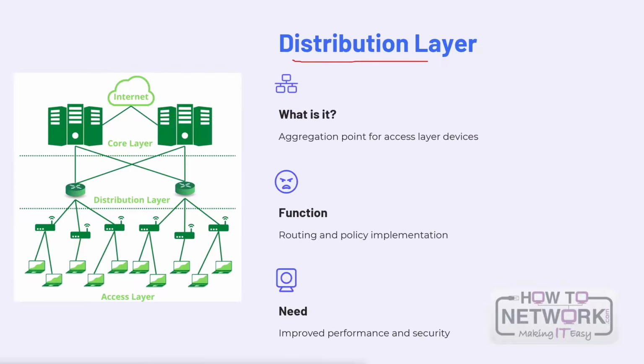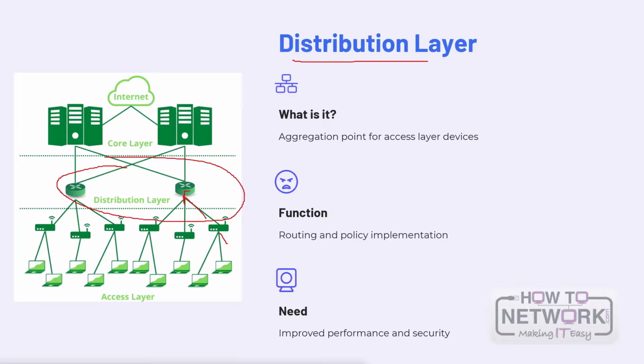Let's talk about the distribution layer, which is here. So the distribution layer acts as the intermediary between the access layer and the core layer. It's responsible for aggregating traffic from multiple access layer devices, applying network policies, okay, and routing traffic to its destination. So imagine the distribution layer as a traffic control center for the network. It receives data packets from various access points, analyzes the information, and determines the best path for the data to reach its final destination. This layer plays a vital role in ensuring efficient data flow, balancing network load, and enhancing